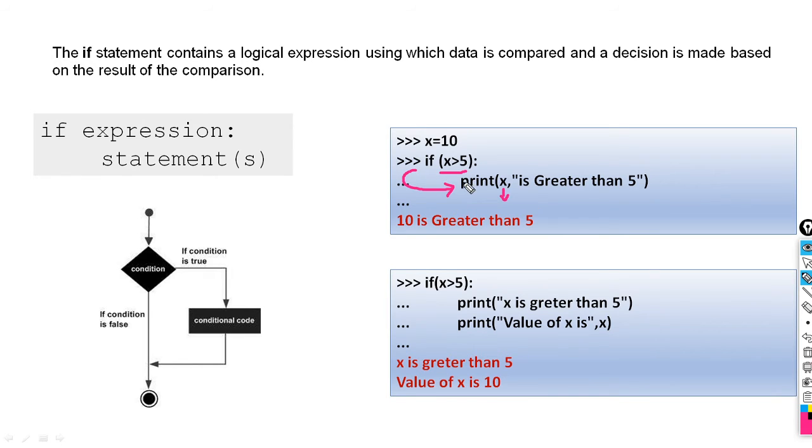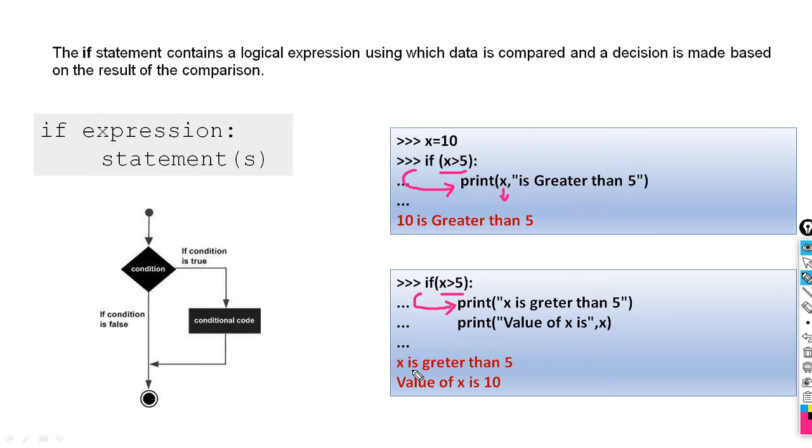Here it will execute only one statement, but suppose we want to execute two statements when the condition remains true. How can we write that? Look here, this is another example. x is 10 here. If x greater than 5, then print x is greater than 5. We have x equal to 10, so this condition remains true. It will take your control to the statements present inside the if, so it will execute this one, x is greater than 5.